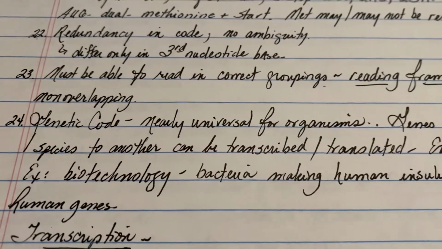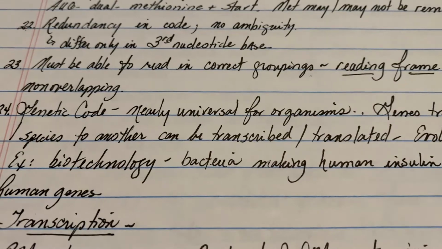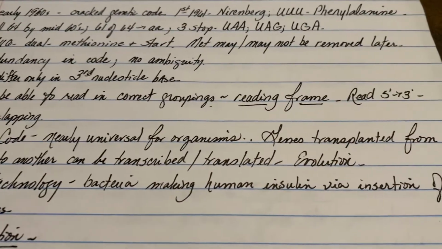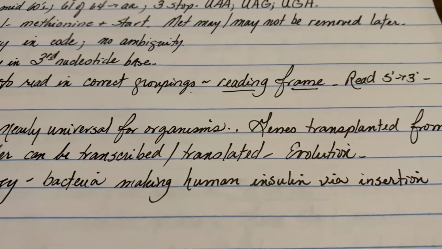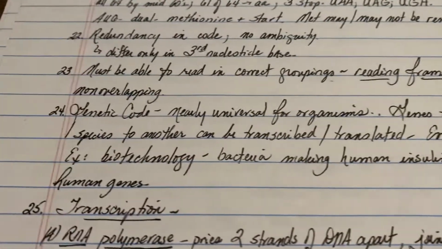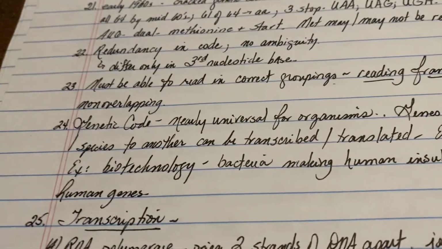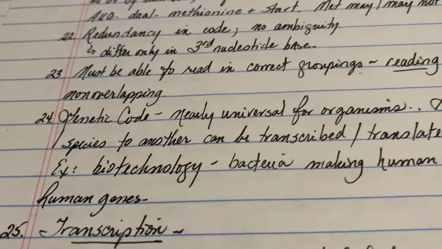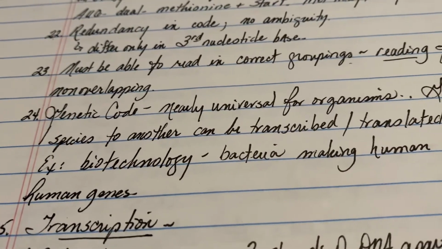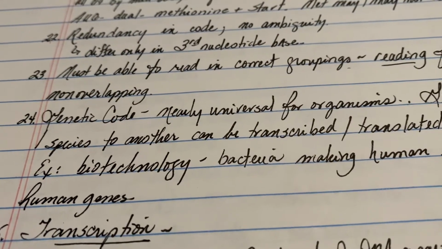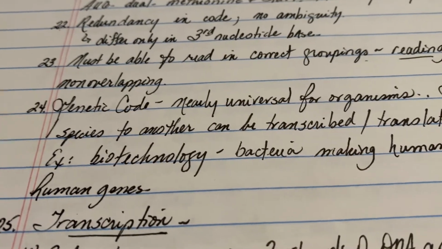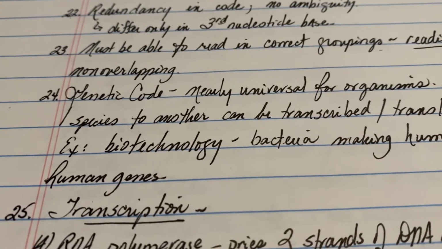For example, one of the most exciting things that's happened is biotechnology. An example of its use is we can now use bacteria to generate human insulin by inserting the human genes for its manufacture into their genome. And that's really exciting because before that, we were using cow and pig insulin, and even though they were mammals, some people still had negative reactions to them.